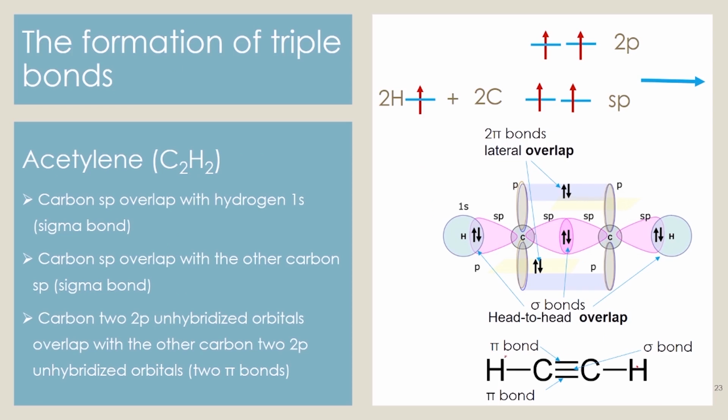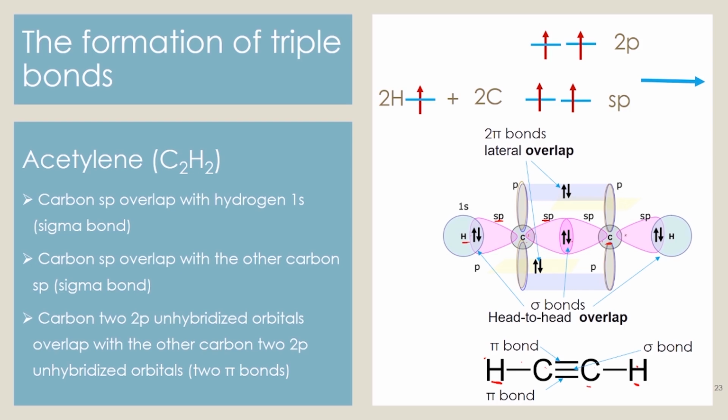Let's look at the acetylene molecule. We have 2 carbon atoms. Each carbon is bonded to 1 hydrogen atom from one side and the other carbon from the other side. The 2 carbons in the acetylene molecule undergo sp hybridization. Each carbon has 2 hybridized sp orbitals that form 2 sigma covalent bonds: 1 sigma bond with the s orbital of the hydrogen atom from one side, and the other sp orbital forms a sigma bond with the other carbon's sp orbital from the other side, due to the head-to-head overlap between the sp